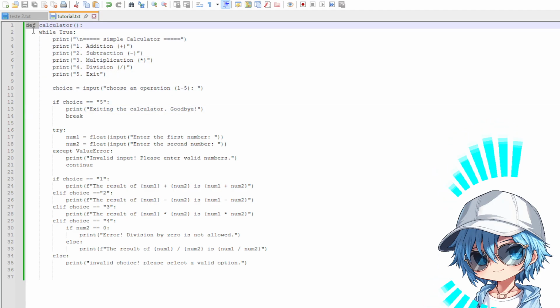First thing, this command here, def. This def here is to define something. Alright, so this command here, it's from Python. It's not a variable. All the time when you use this def, Python is gonna understand you are using the command named def to define something. So all the time when the user uses this command here, calculator and parentheses, the program calculator is gonna